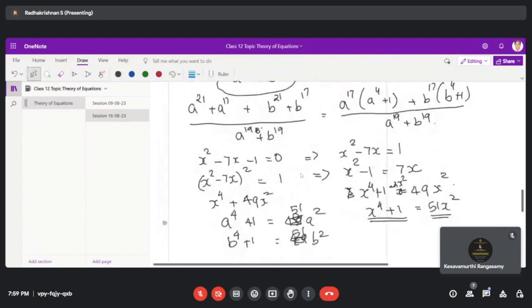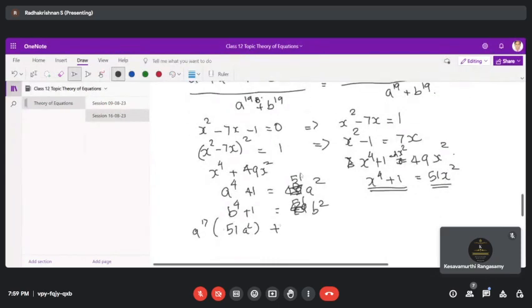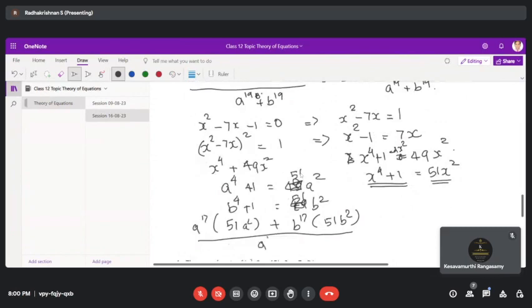So that will be 51a square plus b to the power of 17 into 51b square, whole divided by a power 19 plus b power 19. So this actually becomes 51 into, it simplifies to